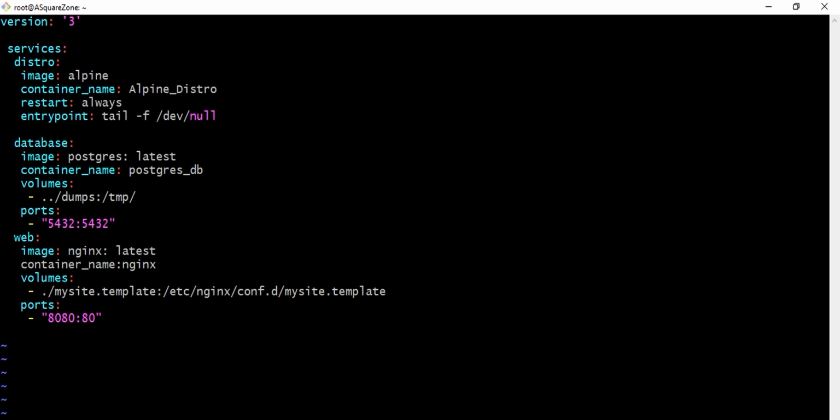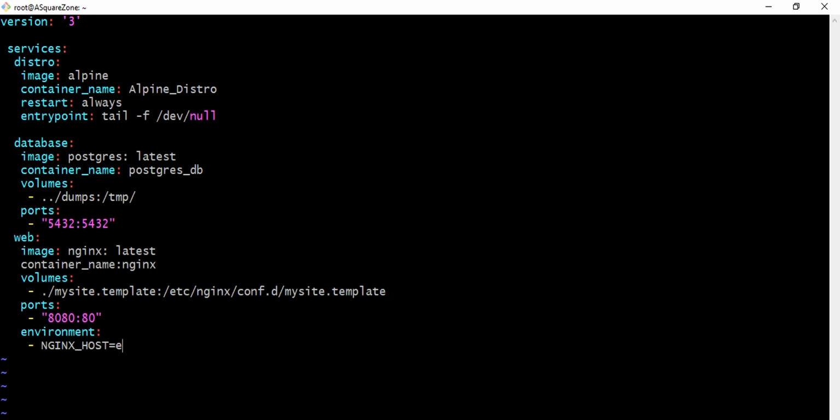So here I am going to give environment, and here I am specifying Nginx host here. -nginx host.